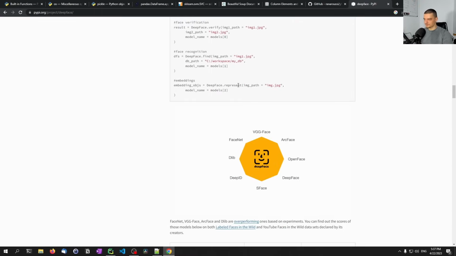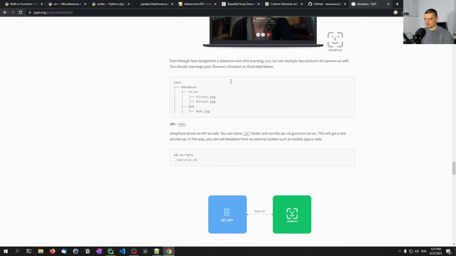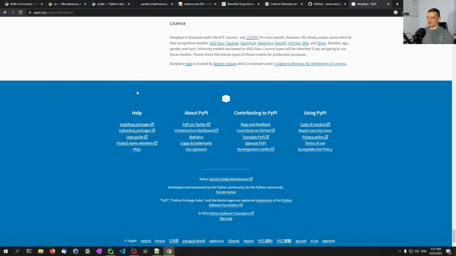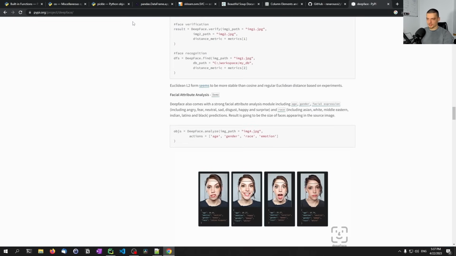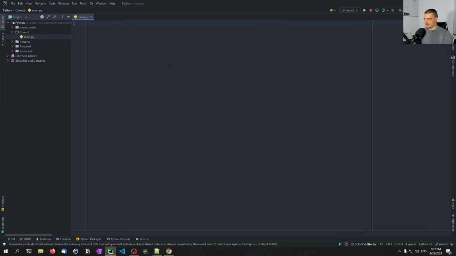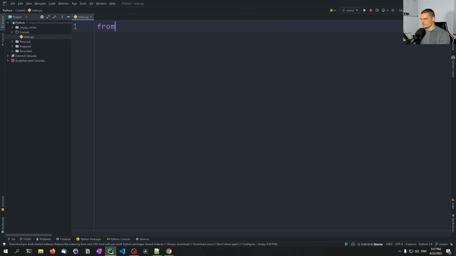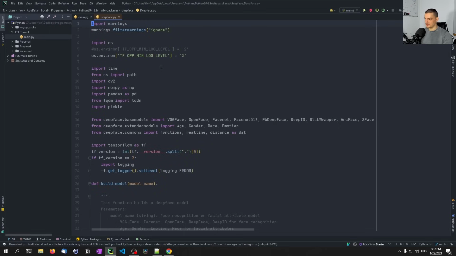You have, again, a very comprehensive example section or quick start section here, but you don't have a classic documentation. And in the worst case, if you cannot find any documentation whatsoever, one thing that you can always do is go into your development environment and look at the source code. So for example, if I say from DeepFace import DeepFace, I can just hold Control and click on DeepFace, and I can get to the implementation